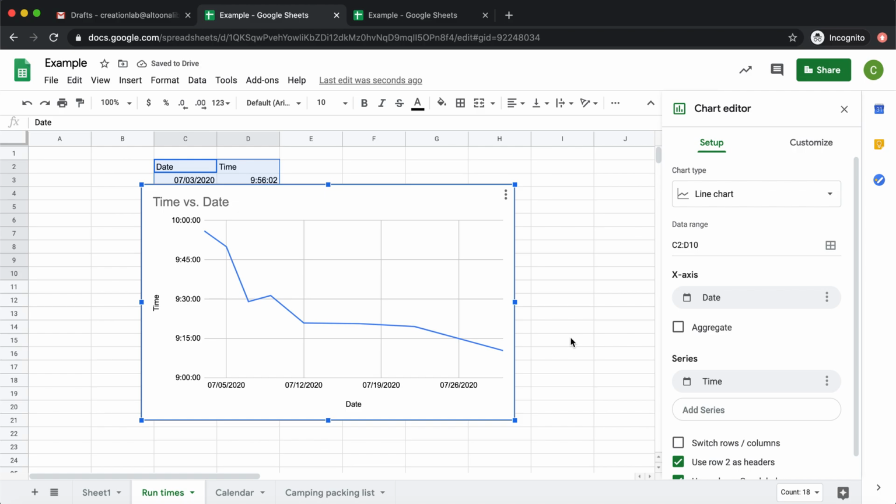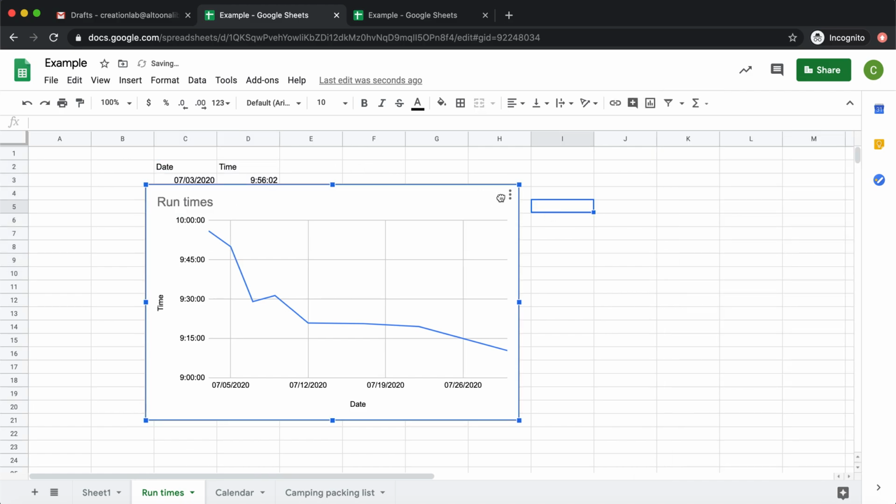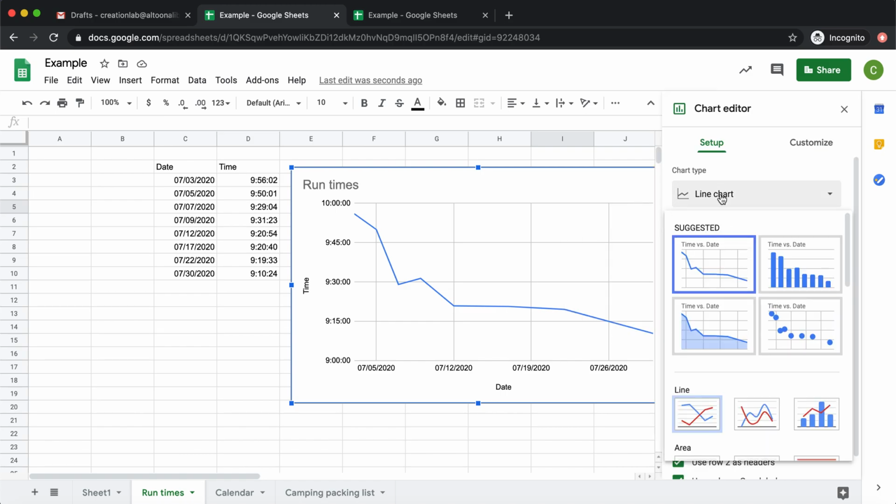Google Sheets will automatically create a chart for you, and what you can do with that, you can change the title right here. You can move the chart around. You can change the style. So we'll go to Edit. Say you didn't want it to be a line chart, you wanted it to be just like a scatter chart,